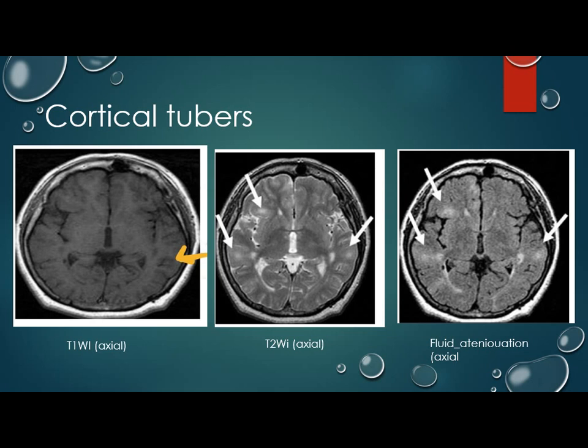In T1, the periphery of the lesion is isointense to gray matter and the center of the lesion is isointense to white matter. But we have one problem in neonates. In neonates, most of these lesions are not apparent on T2 and appear more on T1, because the neonate normally has an unmyelinated brain, with no myelin formed yet. So it appears more obvious on T1, not on T2.